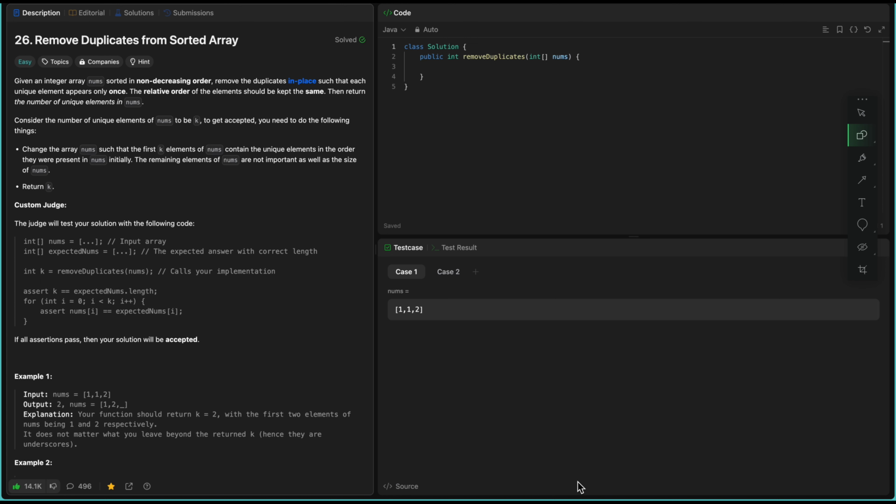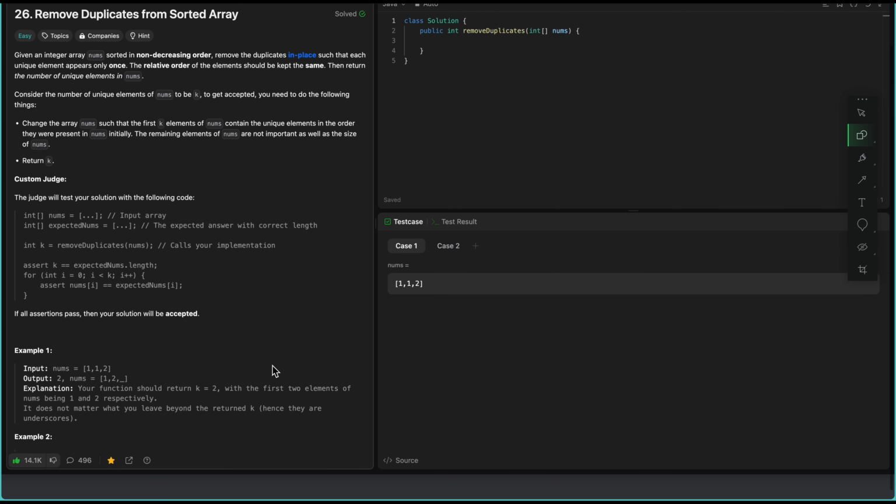Change the array nums such that the first k elements of nums contain the unique elements in the order they were present in nums initially. The remaining elements of nums are not important, as well as the size of nums. Return k. Okay, so basically what they are saying is we are given an array nums,